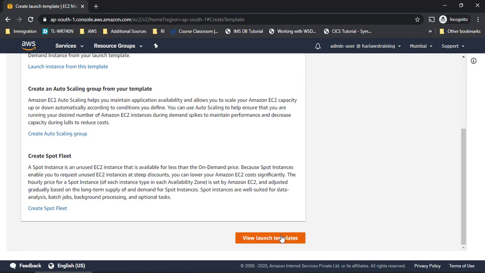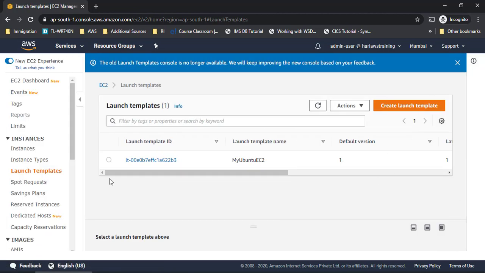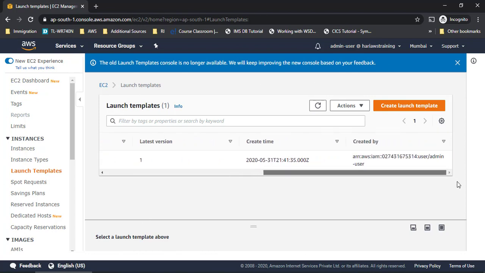Let me go to view launch templates now. So in the launch templates, I have created a template for my Ubuntu EC2. So if I want to create an Ubuntu EC2, I will not go through the regular process of doing next till the end, all the 7 steps. I can avoid those by using launch template. It has the configuration related details. So this file will be in KBs only, as it has only the settings kind of here, right?